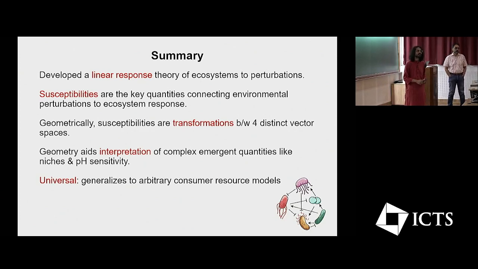Are there any restrictions on this coefficient C_i alpha, like you've assumed that A is invertible and all that? Yes, that's an important question. So here we assume that A is invertible. In principle, it might not be invertible. For instance, it might be the case that you have steady states where species go extinct. In that case, you have to do some complicated perturbation theory, and you can still deal with that system. So in principle, all of these equations will still apply. You'll just change your A from the original A, which is composed of all species, to just the subset of species that survive. Yes, that's an important point. Thank you for bringing it up.